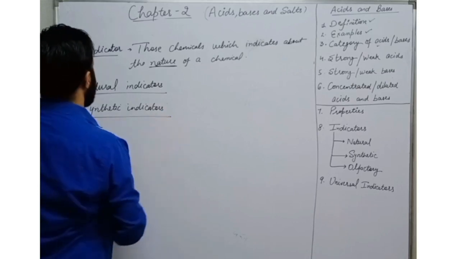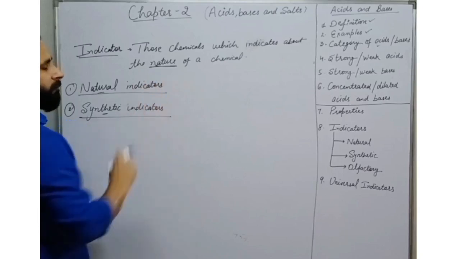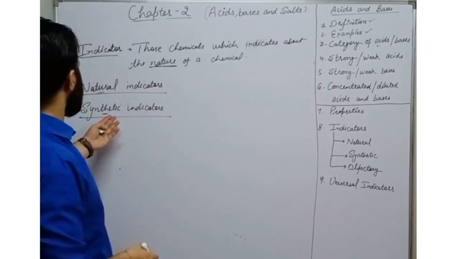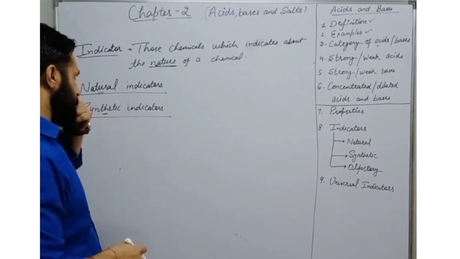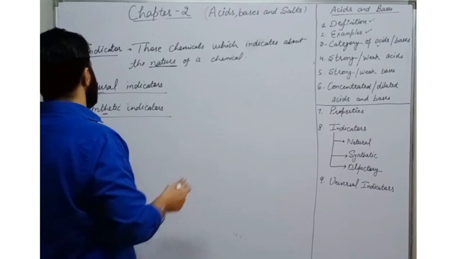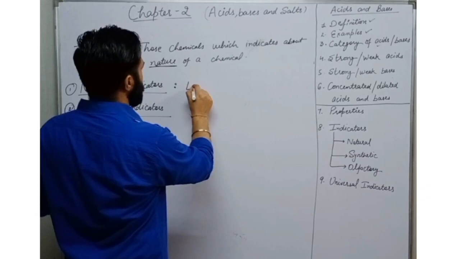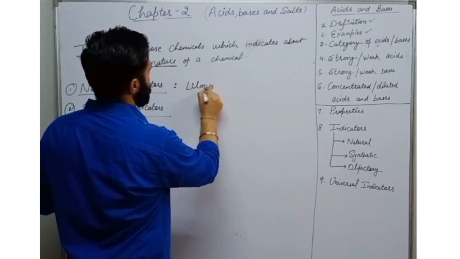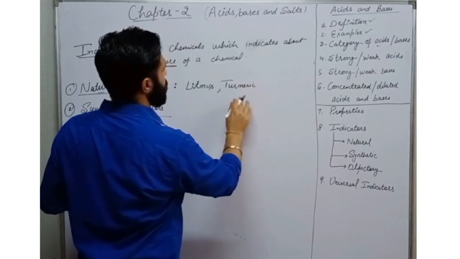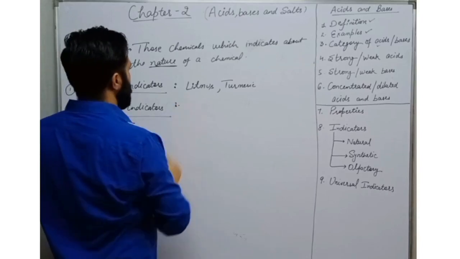From the words natural and synthetic, it is clear that natural indicators are obtained naturally from plants or animals, and synthetic indicators are man-made. You just have to tell some examples. Natural indicators are litmus and turmeric, used for cooking at home. For synthetic, you can give examples of